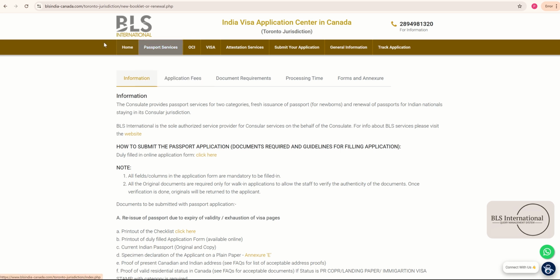So today I am going to discuss the BLS passport renewal for the Indian passport application. In order to apply for a new passport or renew your Indian passport, you have to go to the BLS International website here, and under the passport services, you have to go to the new booklet or renewal. Once you click here, it will take you to this page